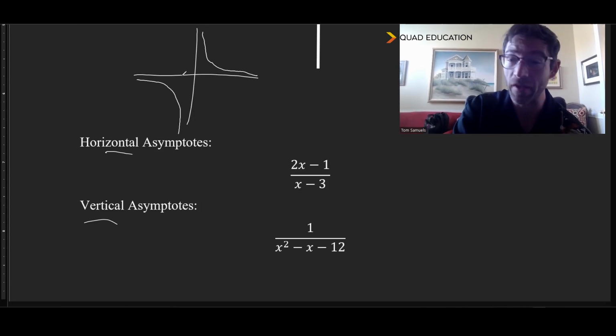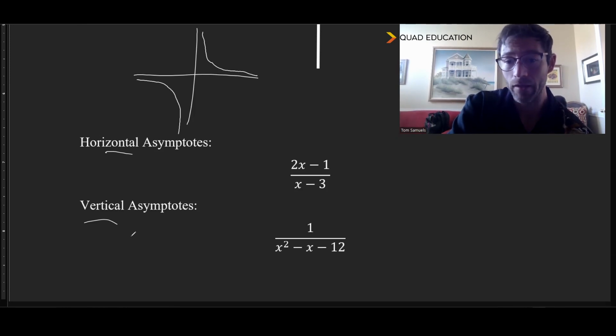So this is a horizontal asymptote because it's horizontal. This is a vertical asymptote because it's up and down, vertical. And what we want to be able to do is calculate what that value is at any point. And the way that we do that is a little different for the two. Horizontal is probably the more interesting one, so we'll actually do that one first. And what you do there is you actually